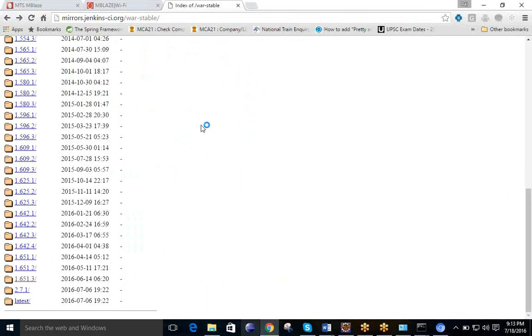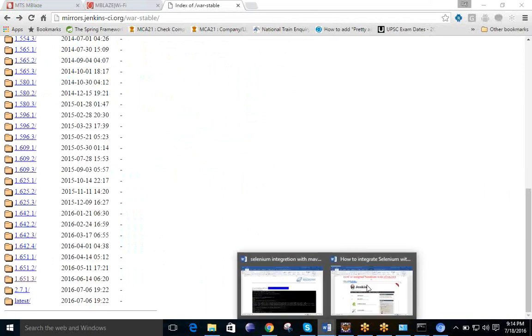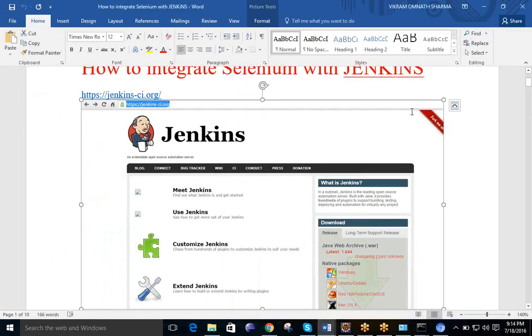This Jenkins is one of the servers which we will use in our test case executions. It is not for a small range; it is widely used. So download Jenkins first. Maven, I think you have already downloaded. If you have not, download it and try this example. Then you will have these Jenkins notes also.